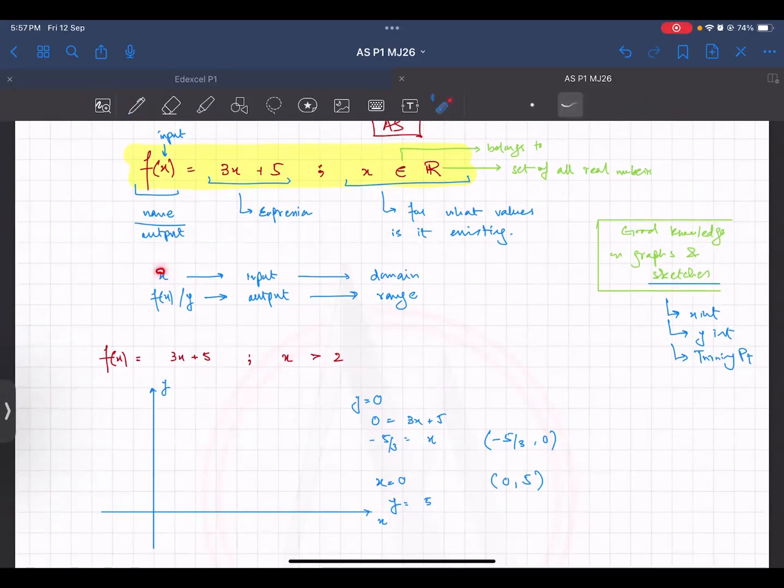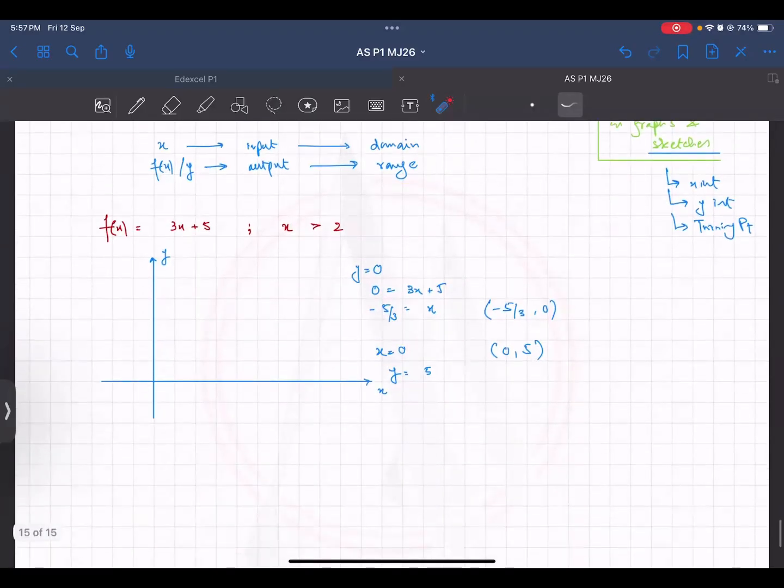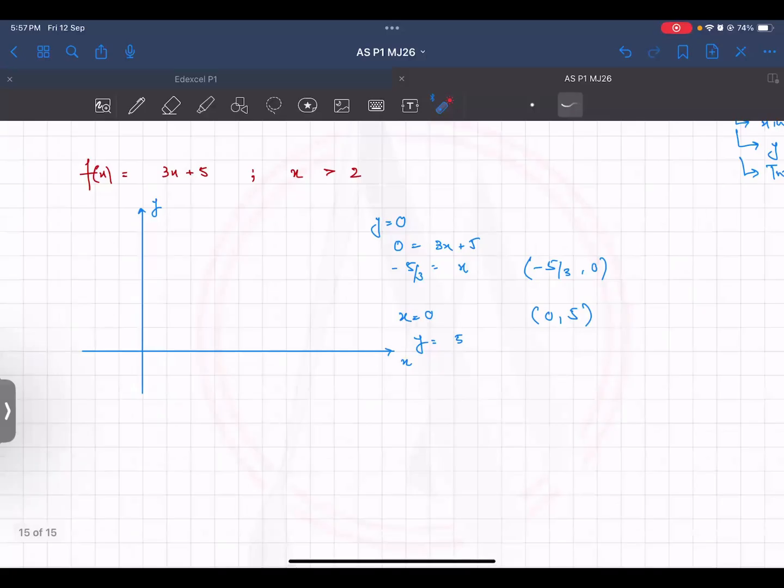Now you won't use the word input for x, you would use domain. Whenever they talk about x, they will call it domain. And f(x) and y, they're the same thing. This is called the range. And then I told you that for this chapter of functions, you should have a good knowledge of graphs and sketches. And whenever you sketch something, it is important to show the x-intercepts, the y-intercepts, and the turning points if there are any. And right now they have given you something, and we are trying to,